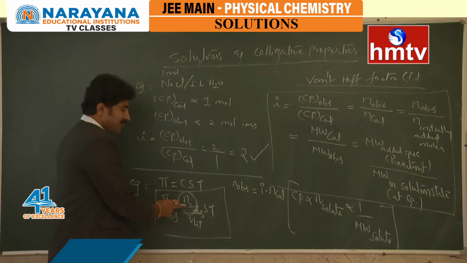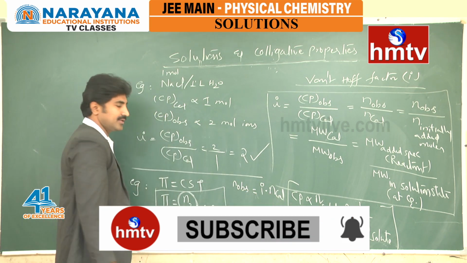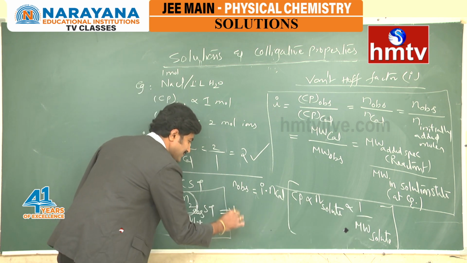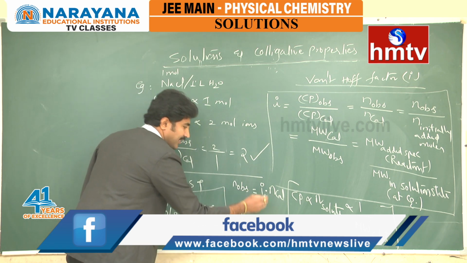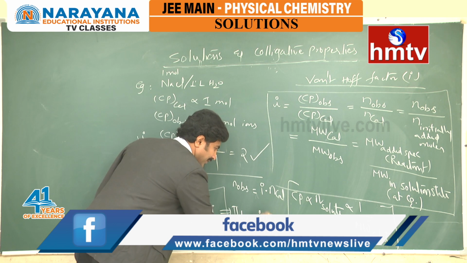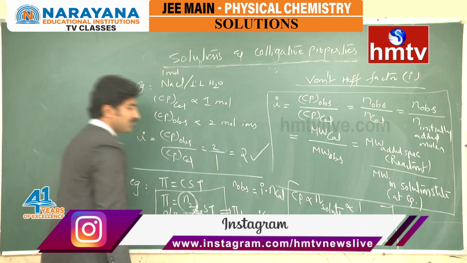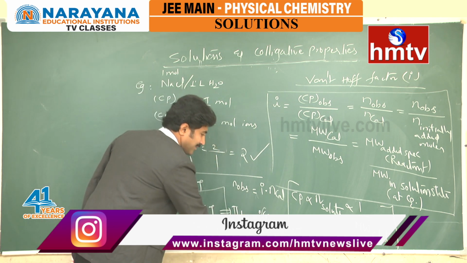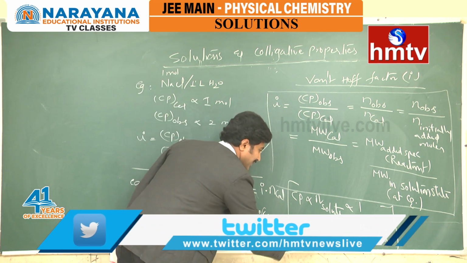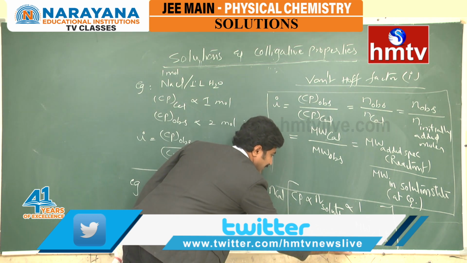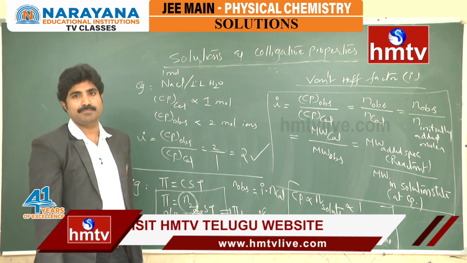Therefore, where the number of moles of solute is present, use I into N calculated. The resulting expression is pi observed is equal to, instead of N2 observed, what can we write? I into N2 calculated by volume in liter, into ST. From this, what can we write? The remaining expression is the same as the previous one, but an extra term I is there. Therefore, from this, what can we write? Pi is equal to ICST. This is the modified equation for osmotic pressure.